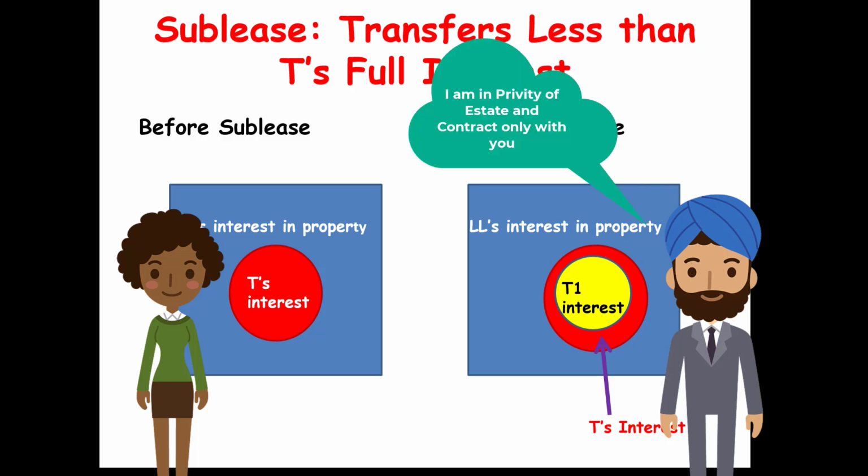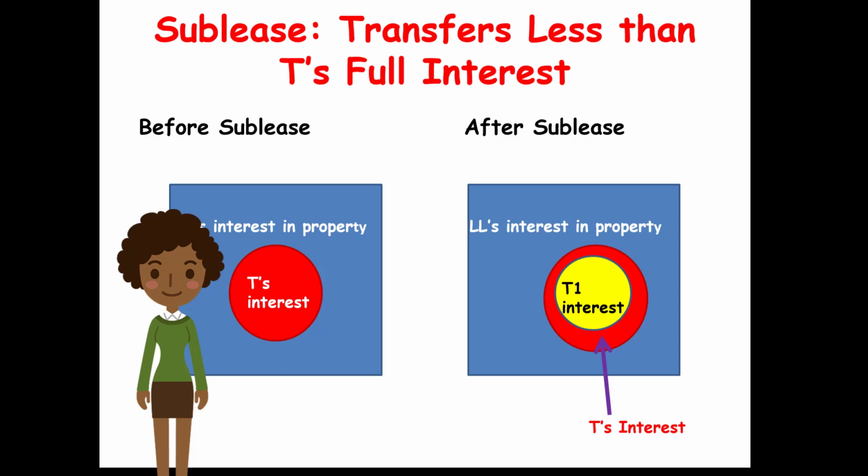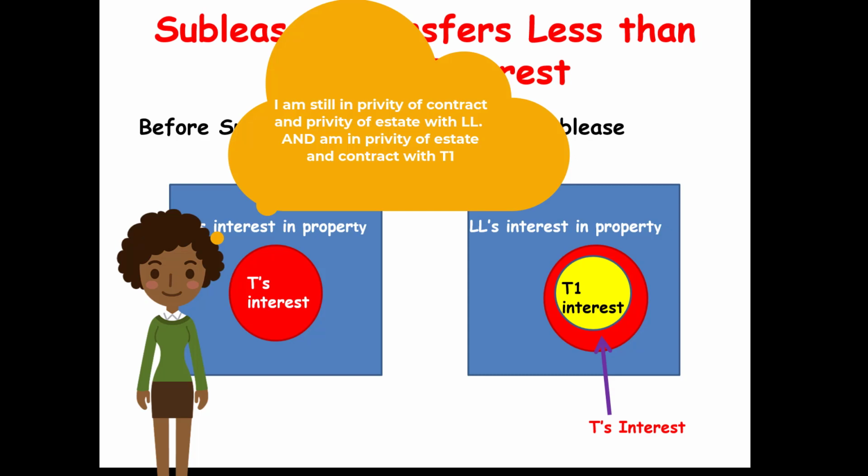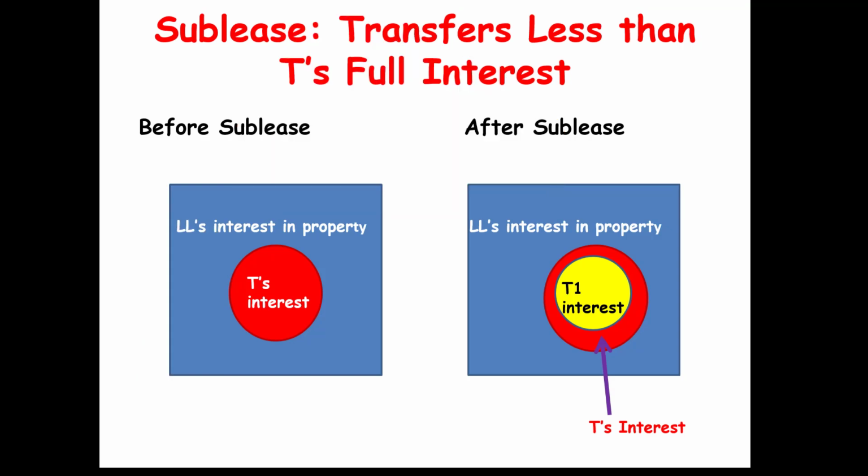T1 is in privity of contract and privity of estate only with T and has no legal relationship with the landlord. Because in a sublease, T has retained part of her interest in the property, T remains in both privity of estate and privity of contract with the landlord. T has obligations to pay the rent to the landlord, and the landlord in a sublease has no remedy against the sublessor. So let's just take a look for a second about what privity of estate and privity of contract are,